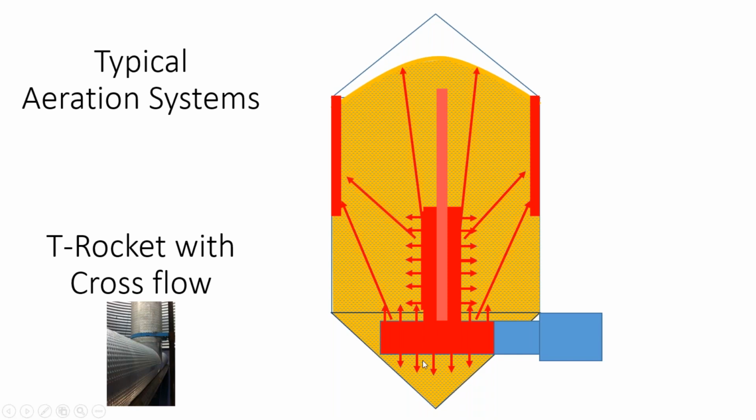You can see here, you still have some inefficient air taking a long path coming out the bottom, but the lion's share of the air that's being introduced has a very short path to get